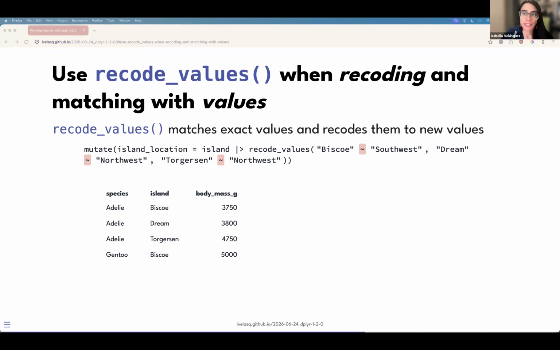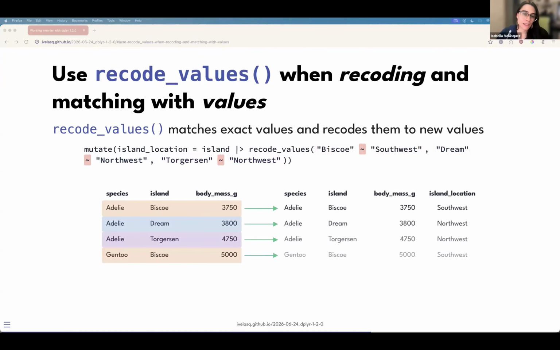And so here we're saying create a new column called island location. What it's doing is recoding the values from the island column. Biscoe is going to be southwest. Dream is going to be northwest. Torgersen is going to be northwest as well. And then run that, and we get our new column with the values that we expected to be recoded,